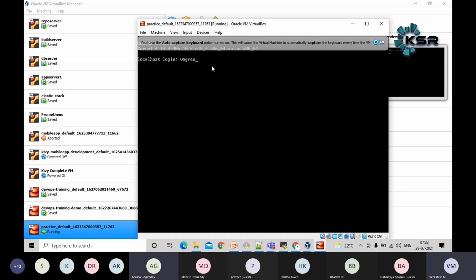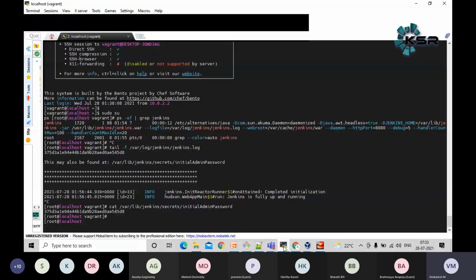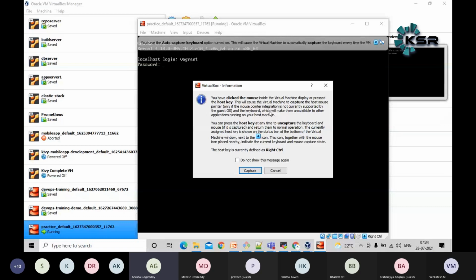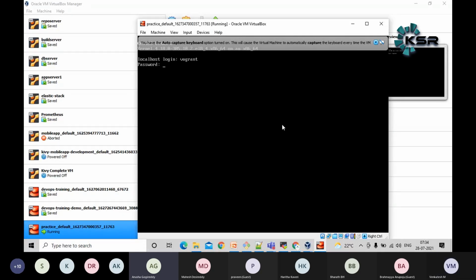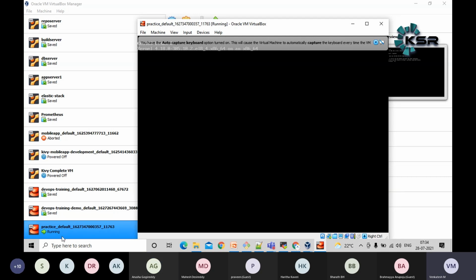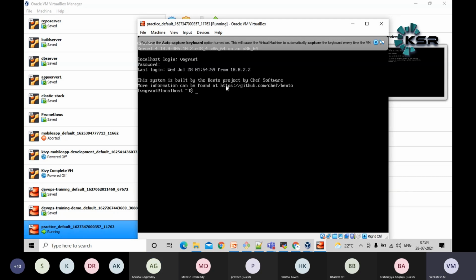Instead of logging in from Oracle VirtualBox, I use a different tool here, MobaXterm. Generally other people will log in from the Oracle virtual machine directly and do all activity there. However, I have used an SSH tool called Moba.